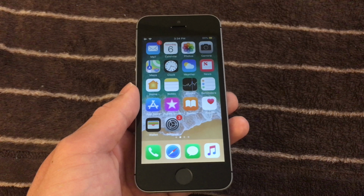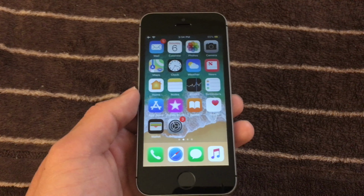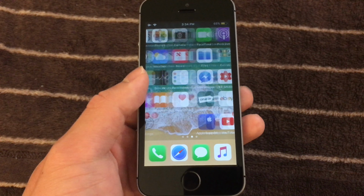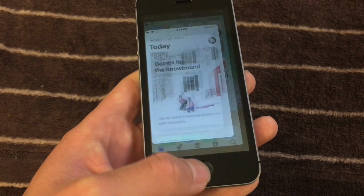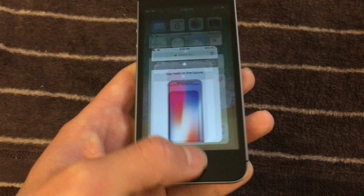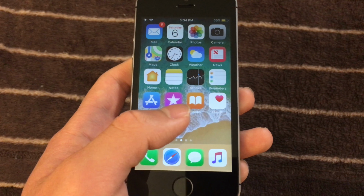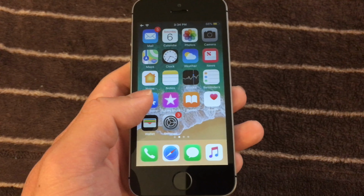What's great about the iPhone SE is the performance. The iPhone SE has an A9 chip with 2GB of RAM paired with a 4-inch display. That means the iPhone SE is still very fast, so you can launch apps and play games, and pretty much you're not going to notice a lot of slowdowns. And even running iOS 11, the iPhone SE is still a very fast phone,